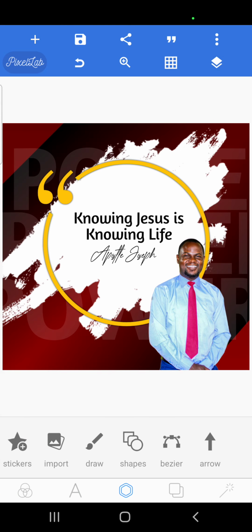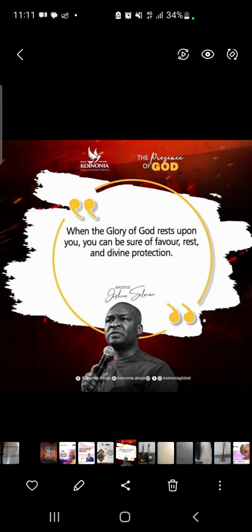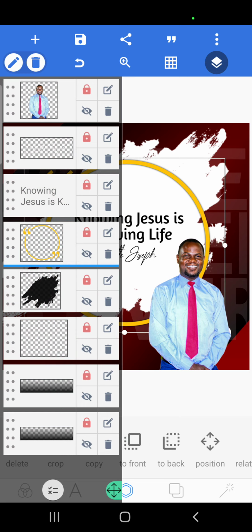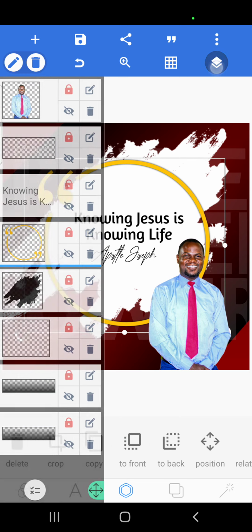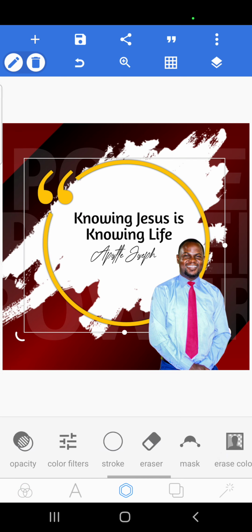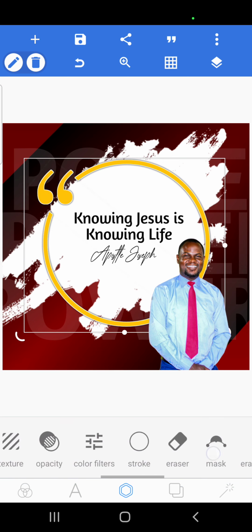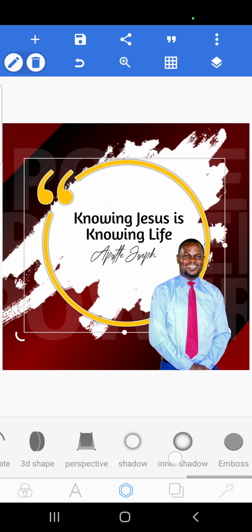Let me show you something. You can see what they did with the inverted commas and this other image. They actually added the shadow to it, and it's a bit offset, and they added a stroke to it as well, a white stroke around it. To achieve that, I'll just select it from the layers. Then we can also add a stroke to it. So we just turn on the stroke, it becomes white like this, and that's how we can achieve it. Then the shadow is a bit offset